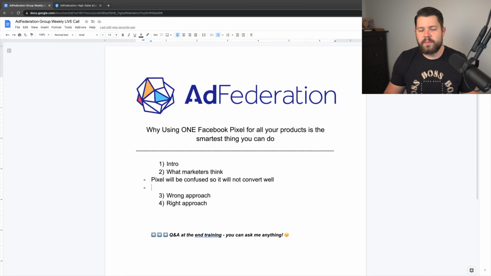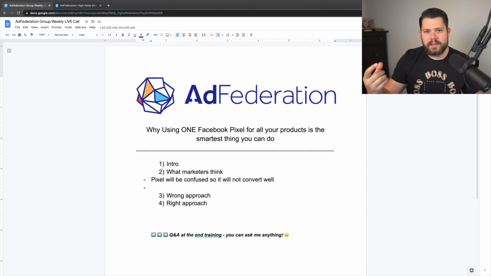Your campaigns will not perform well. Your campaigns will be bad, so you should never ever use 1 pixel. And every time I read that, it usually tells me that person doesn't understand what platform they are marketing on, and how smart Facebook actually is. You can answer this question, whether you can use 1 pixel for multiple products, niches, or stores, by literally just common sense, okay? It's almost a silly question, because Facebook is very simple.